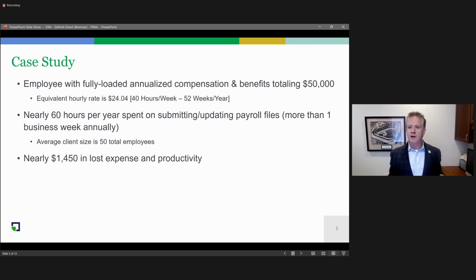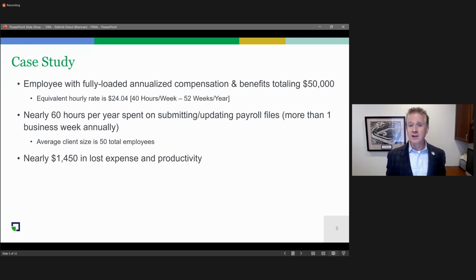So if you do a very basic case study, take an employee with a fully loaded annualized compensation and benefits total of $50,000 per year, working on that payroll contribution and upload process. Their equivalent hourly rate is about $24 per hour, multiplied by 40 hours per week, 52 weeks per year. That gives you your $50,000.